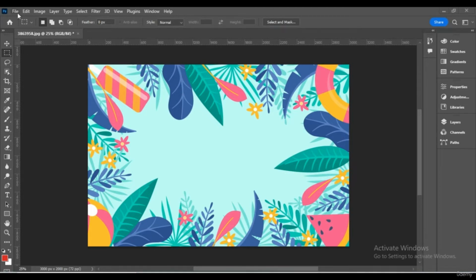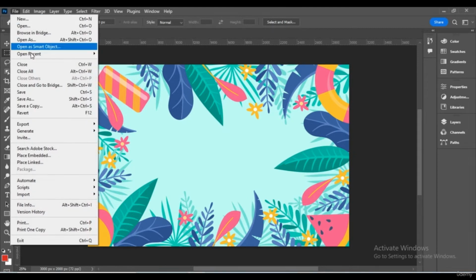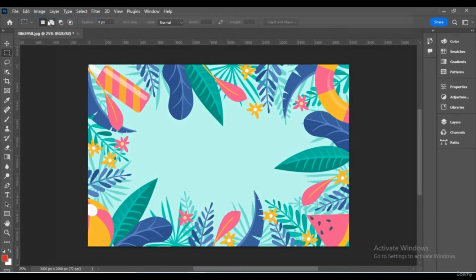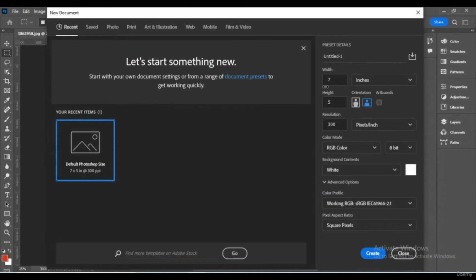Now we want to make a new canvas. How to make a new canvas in Photoshop 2022? Firstly, click File. We can click File and New, or press Ctrl N on your shortcut keyboard. Oops, just click this one. Here we can see